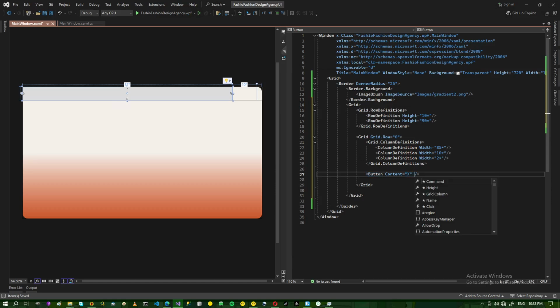Then let's just color it. Foreground, just give it a basic white. And the width, for now let's make that auto. Height,